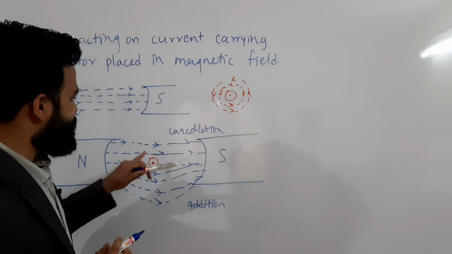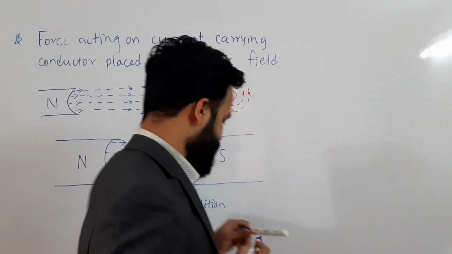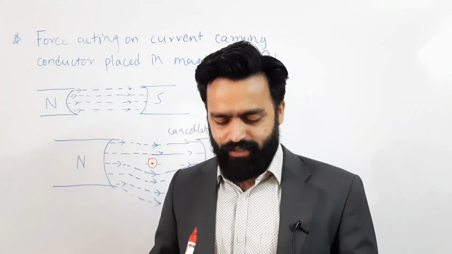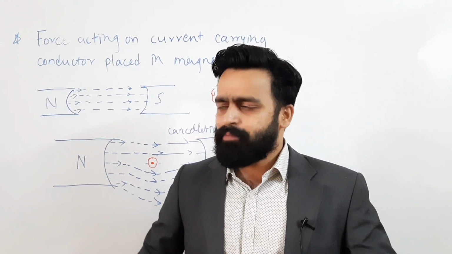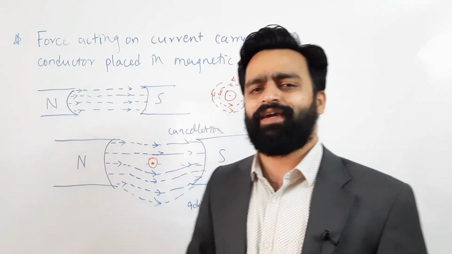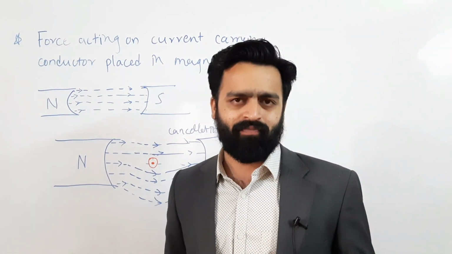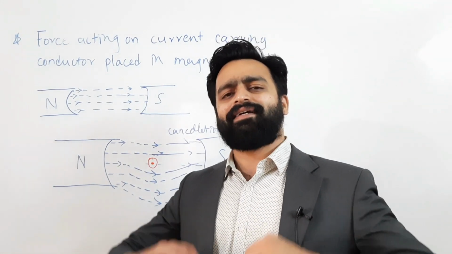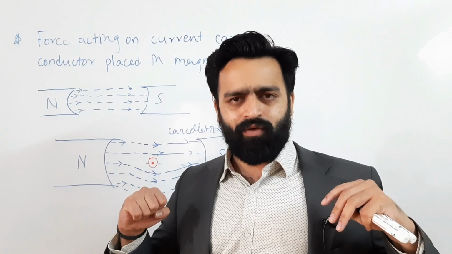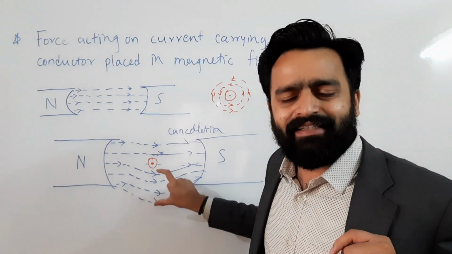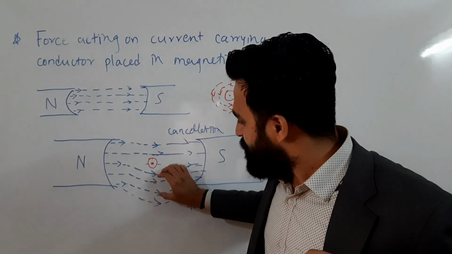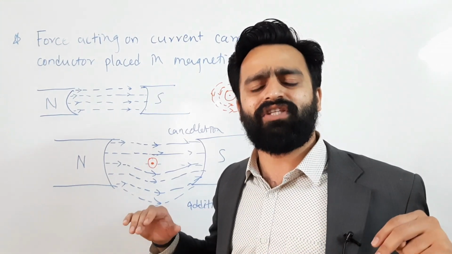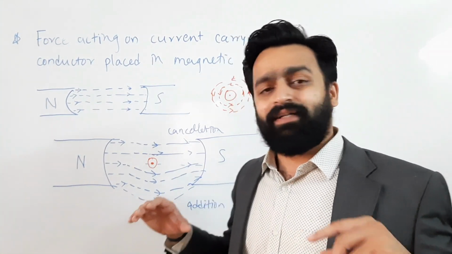So here there are very few lines of force, and here we have more lines of force. I hope every one of you knows there are some basic properties of lines of force, and one of the most important properties is that magnetic lines of force always try to contract in length. They are like stretched elastic bands. That means, to reduce their length, they cannot cross each other. Magnetic lines of force always remain parallel with each other. They never intersect each other, but they want to contract in length.